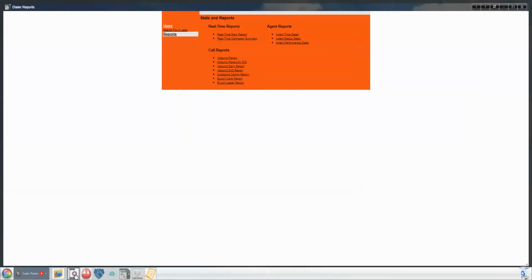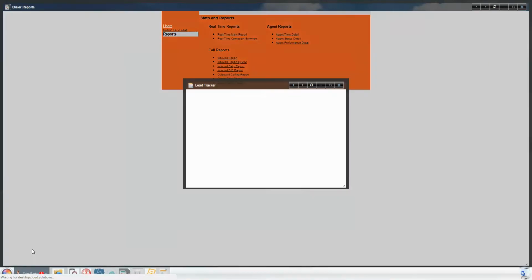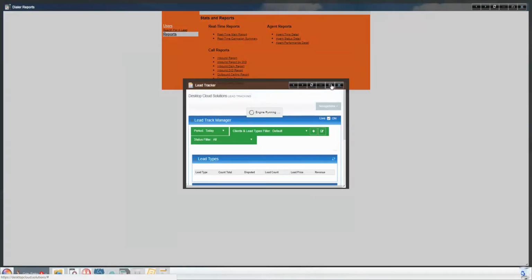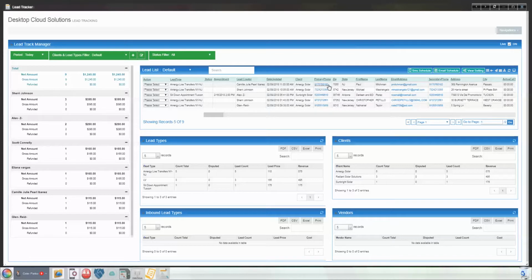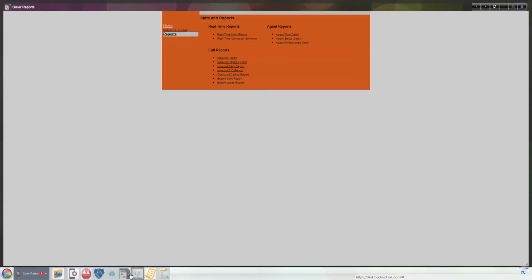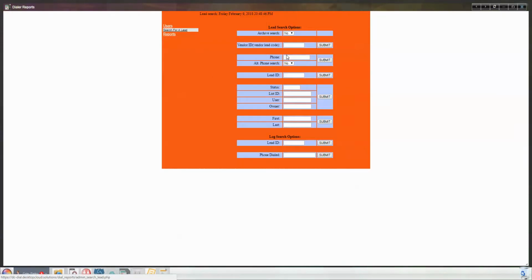So if you're looking for a lead, for example, here's a phone number on a lead right here. We'll just copy this one, minimize, go back down to dialer reports. You see, dialer reports again, same thing. Search for a lead, paste into the phone section here, hit submit,